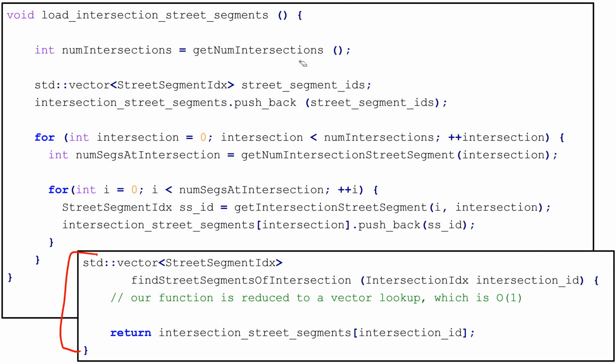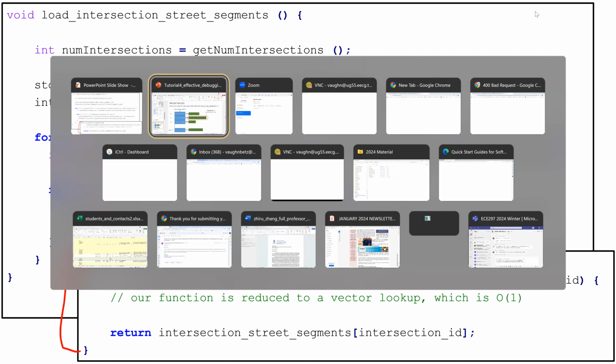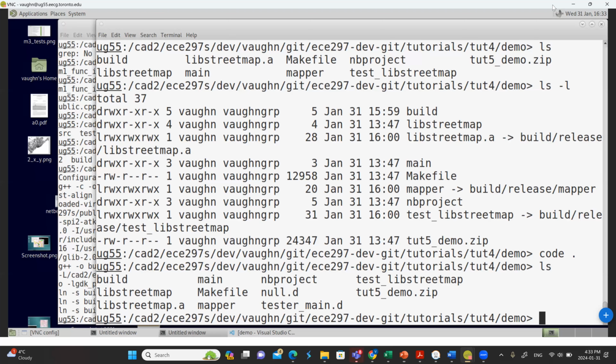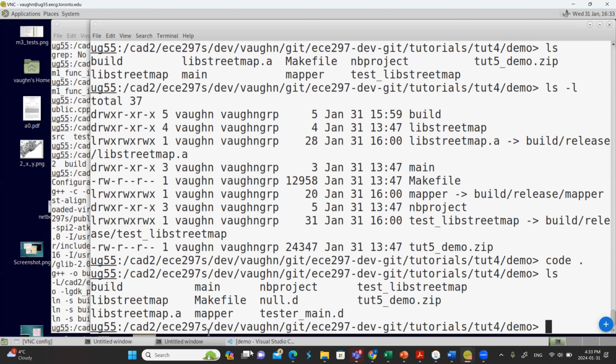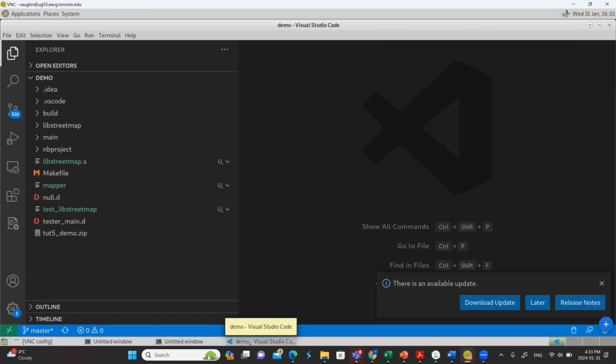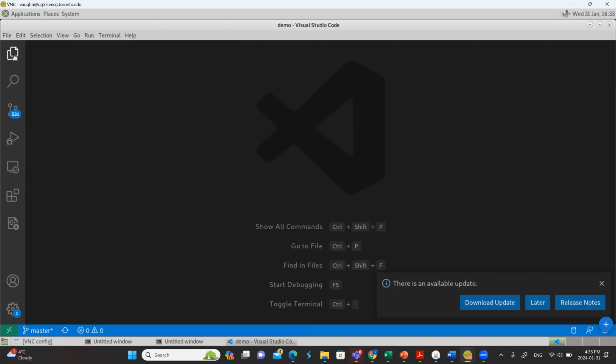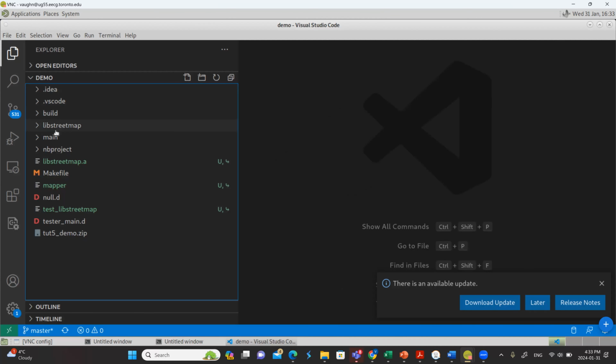Everybody got it, okay? So I've written this code, I'm very proud of it. Let's see if we can run it. I just started VS Code, let's bring it up. Click up here, that's the Explorer, and I can see my source code.